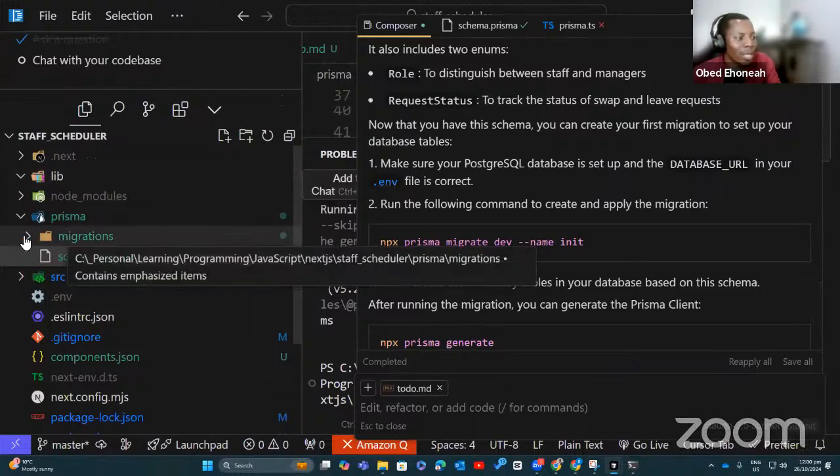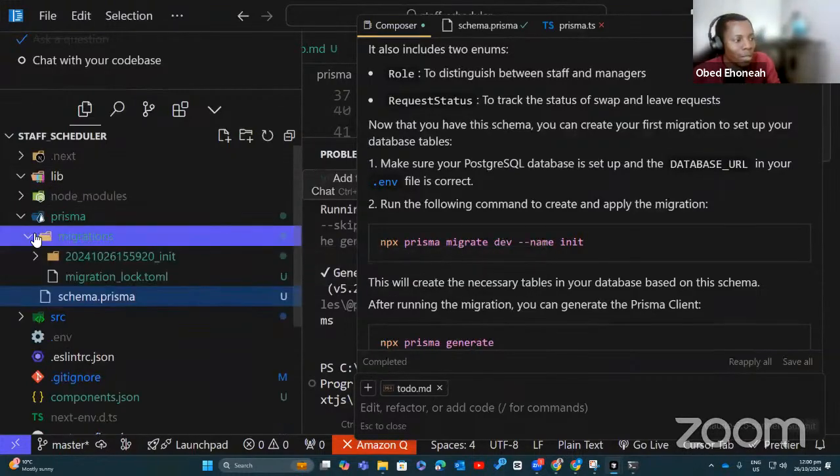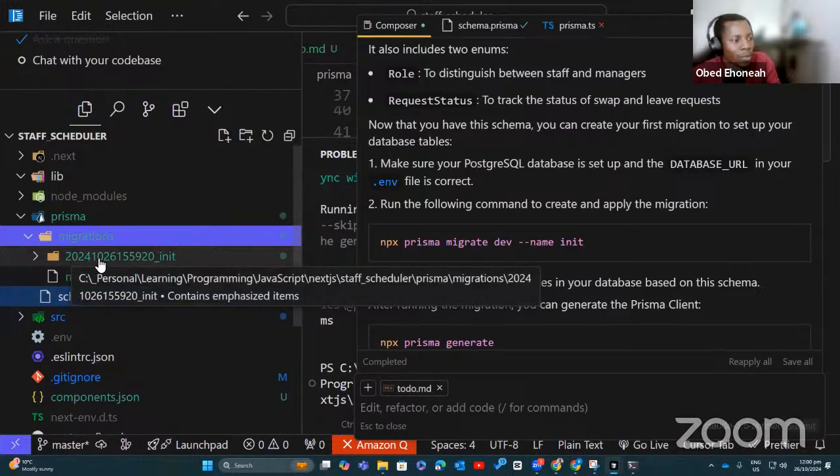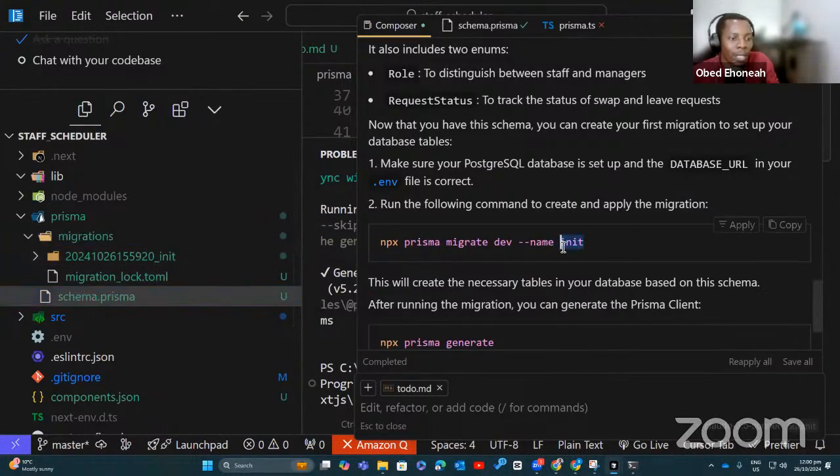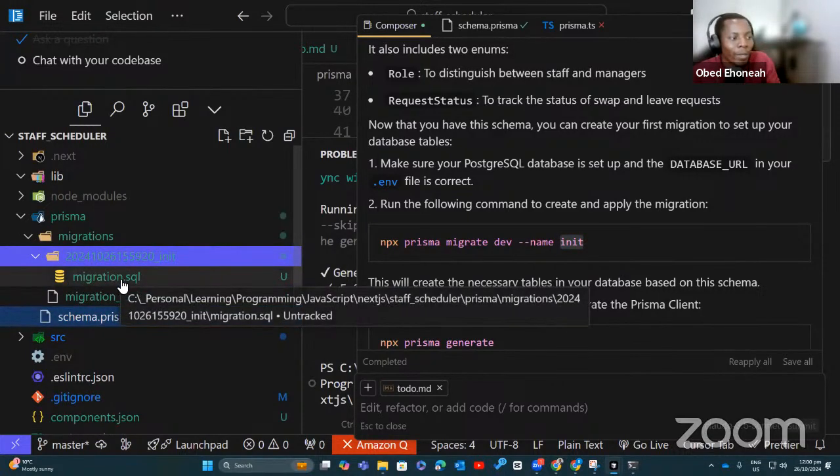You see that we have a new directory called migrations, and in it we have this 2024, the timestamp, like this very time that we did it, underscore init. That was the name of the migration. So anytime you are creating a migration, you add the name to it. So this means that anytime we update our Prisma schema, we'll have to come and generate a new migration, and it will add to this. If we open that directory, we have migration.sql.